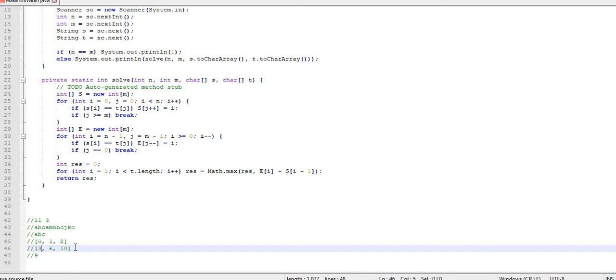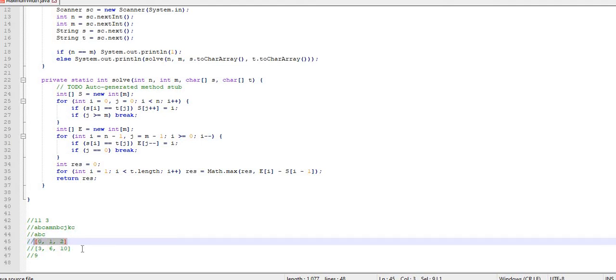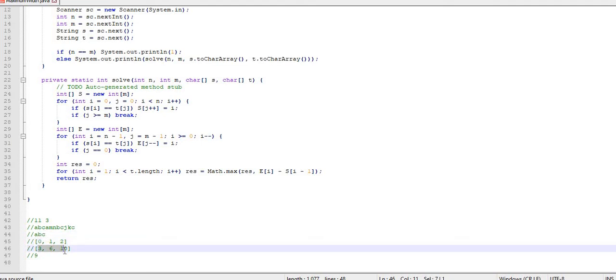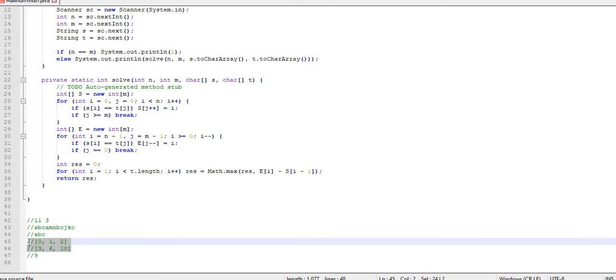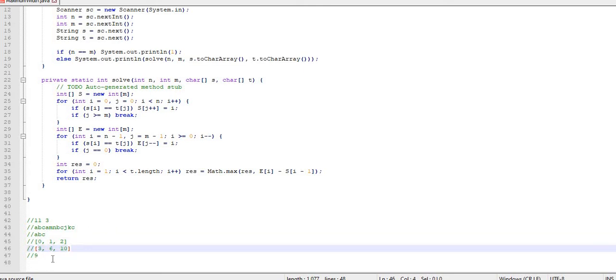So in the reverse direction it can form the array 3, 6, 10, and in the starting direction it can have the array 0, 1, 2. So with the help of these 3 indices I can form the T, and with the help of these 3 indices I can form the T in the reverse order. After getting these 2 arrays, what I have to do is, if I look at the input carefully,